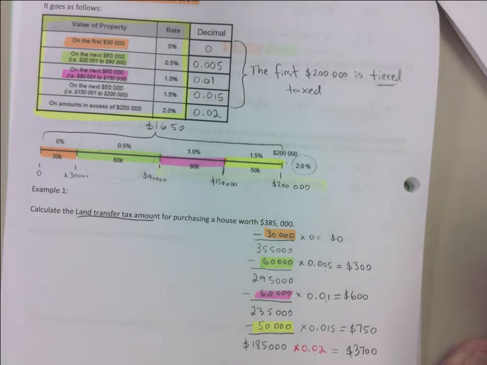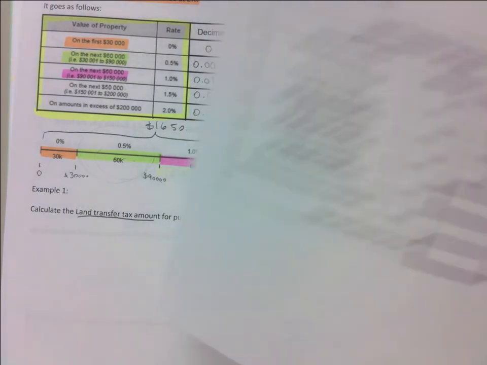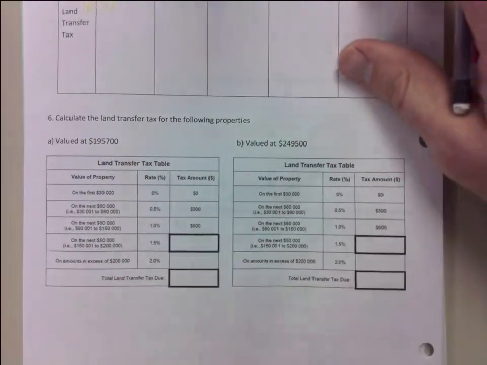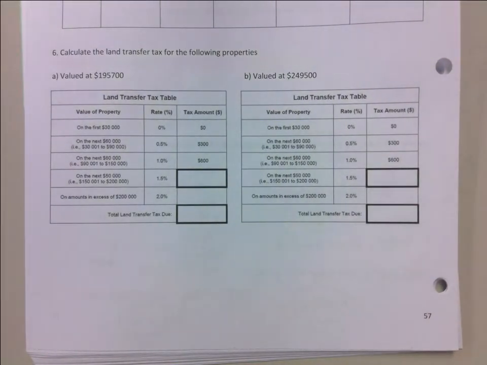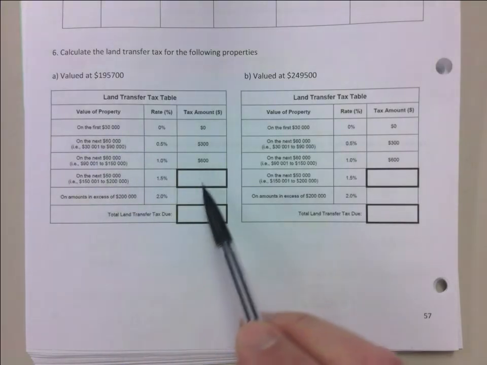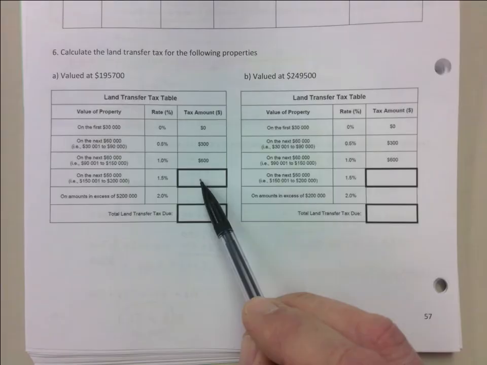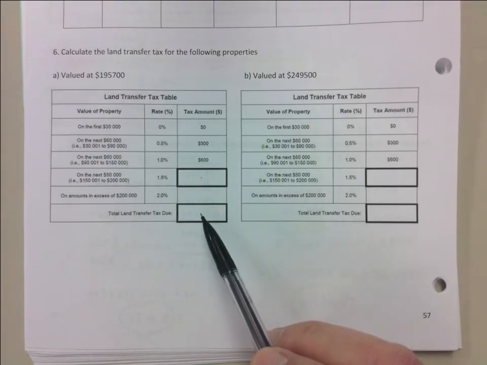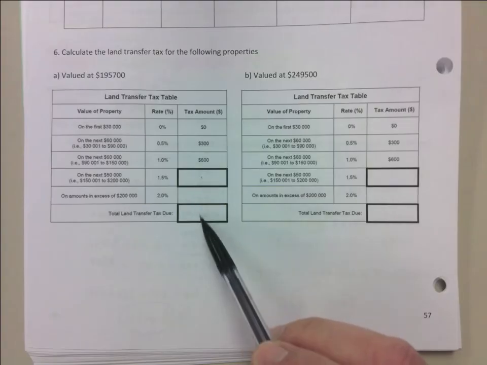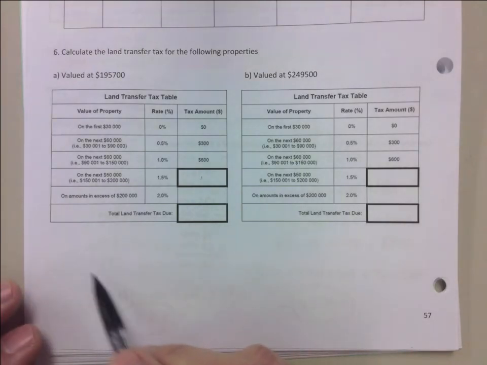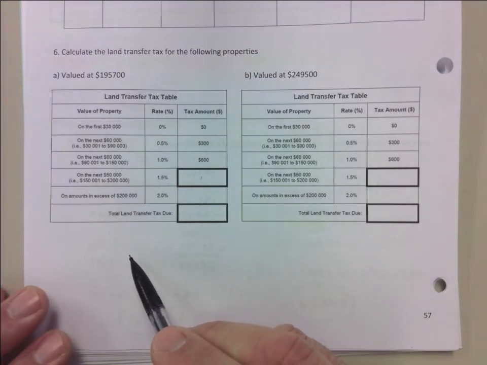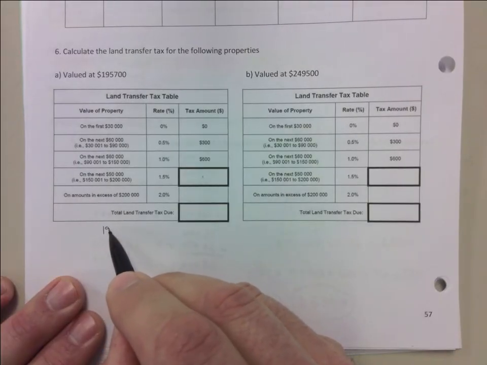I'm going to do one oddball question on 57 here, because the province has done something at the bottom of 57, and students were like, what's going on here? They wanted you to fill in the total land transfer tax. But don't fear, you can always do the work. There's going to be tons of room to do the work on the side. So I will go like this, 195,700,